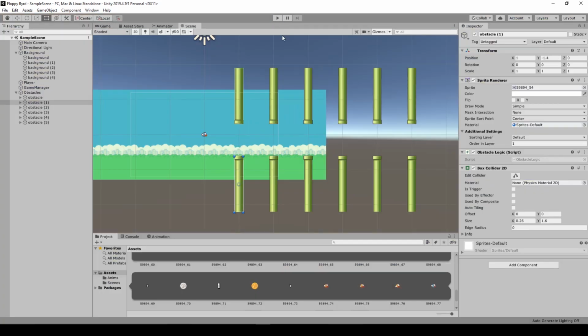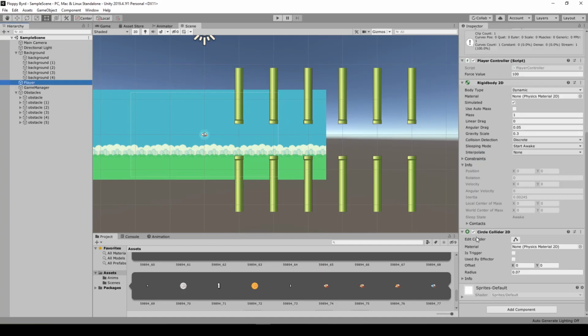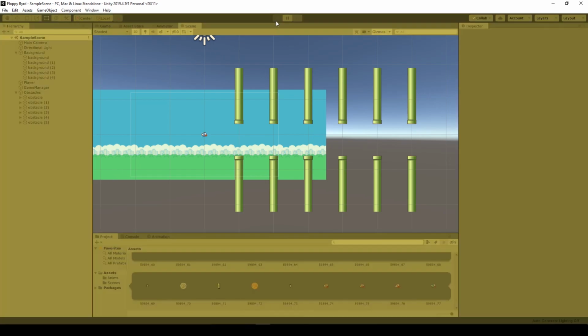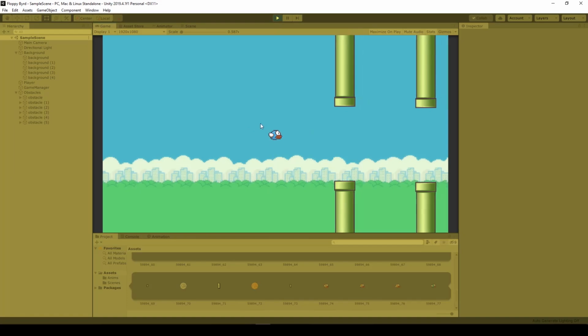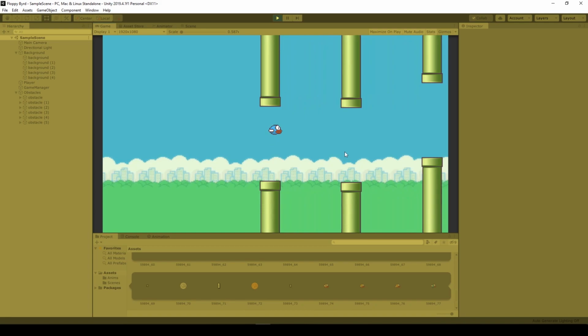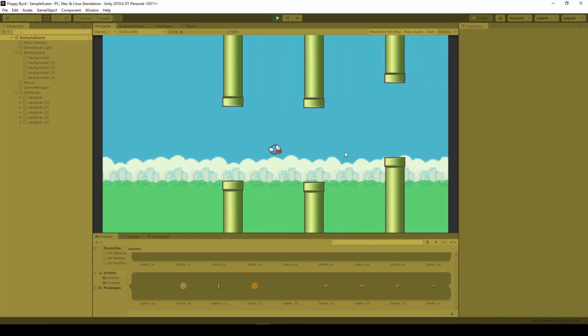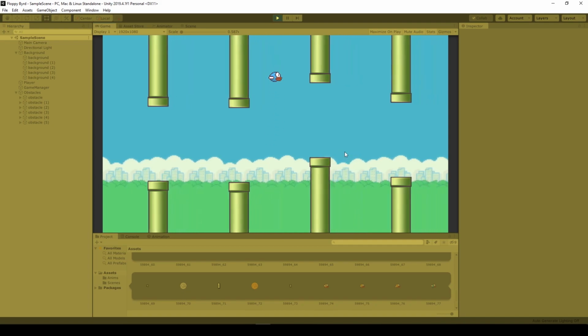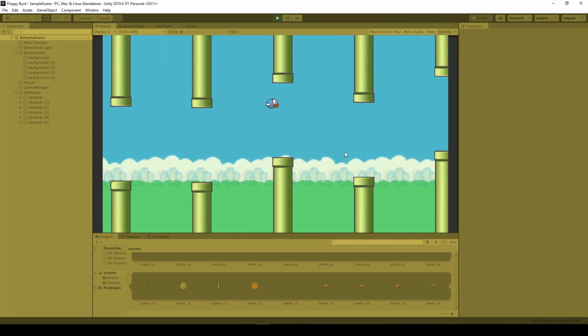We don't want the bird to rotate, so let's go to the player, to rigid body, constraints, and freeze rotation. Also, I want to decrease the gravity scale even further to 0.2 or even to 0.1, but okay. Right now you can already play the game as the author initially intended, but there's one more thing to do,